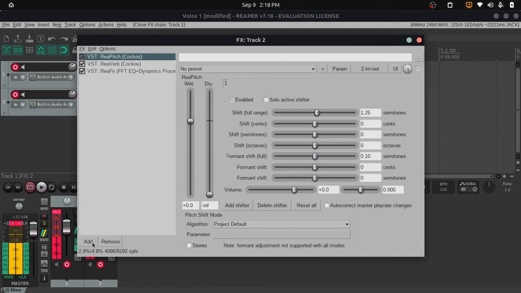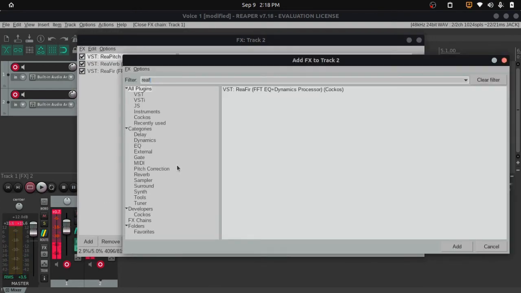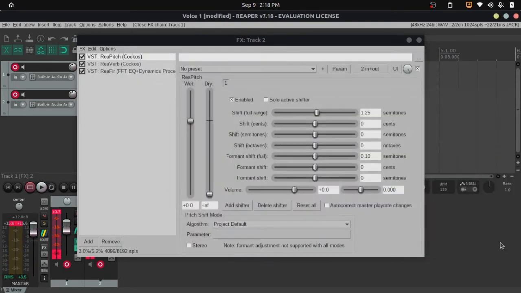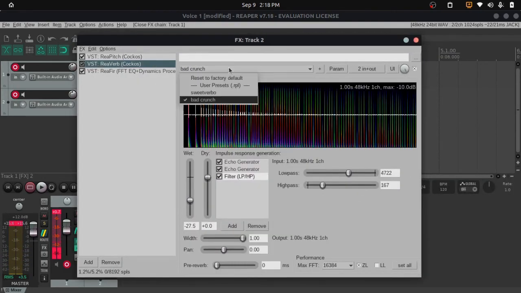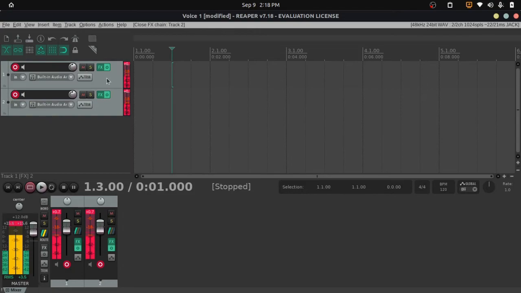You're also going to want to add ReaVerb, this one right here. Change the preset to bad crunch and affect the wet levels to your liking. Me personally, I like it at negative 27.5. And now you're done. You activate both of these and now you should be able to hear